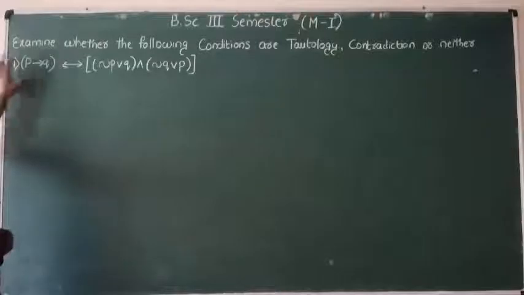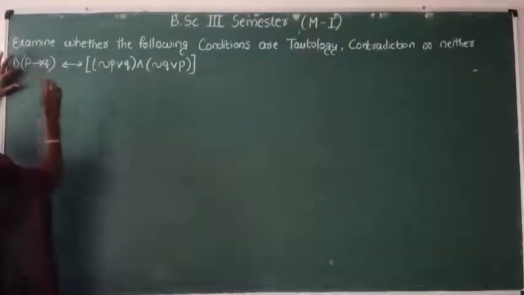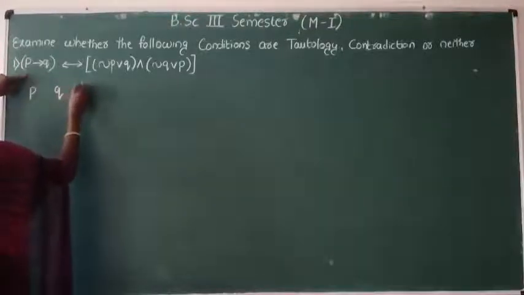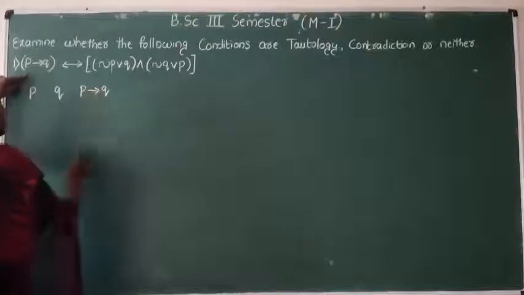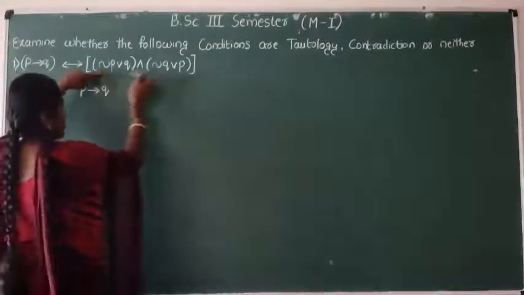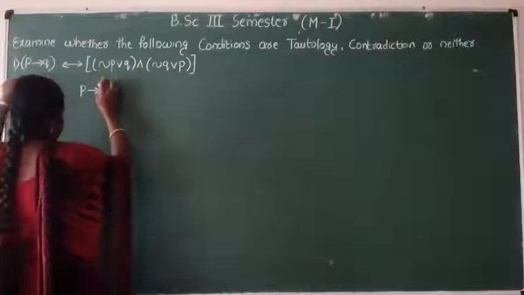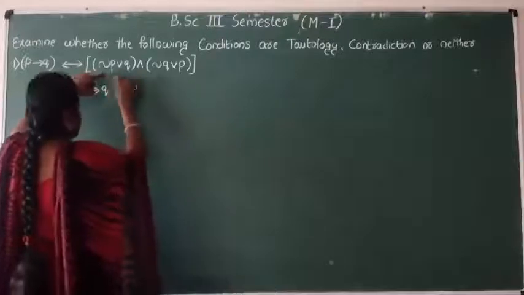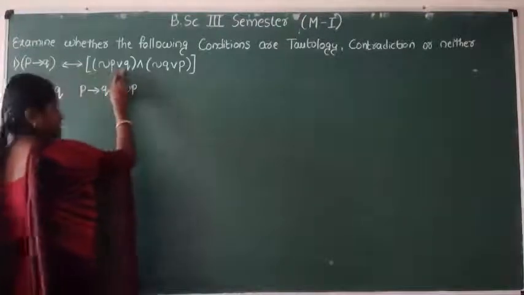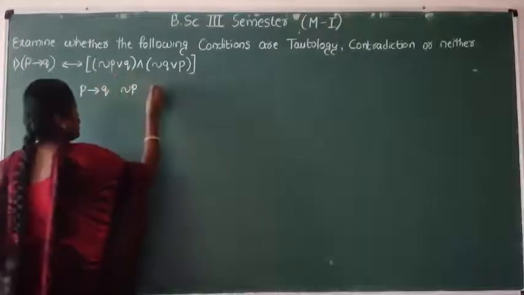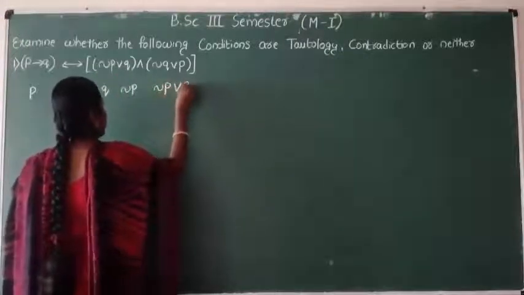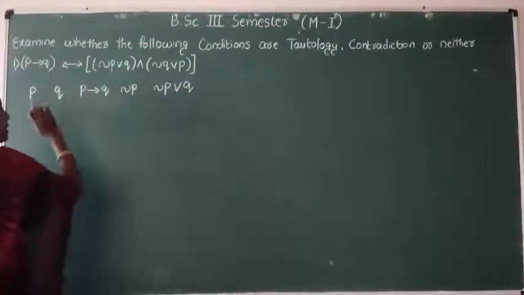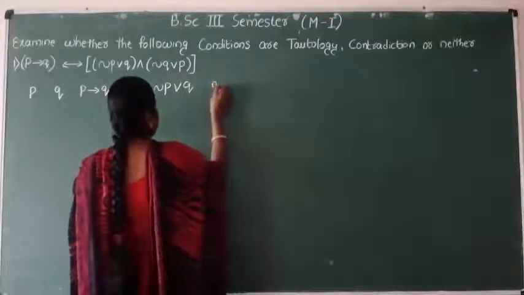So how to write the given conditions? See here, P, Q elements are there. So first take P, Q. First condition is P implies Q. Next, in B section, consider this as B section, this as A section. Negation of P, and see here, negation P is there, negation Q is not there. So write it negation P or Q. Negation P or Q. We have to see these two tables. Next, negation